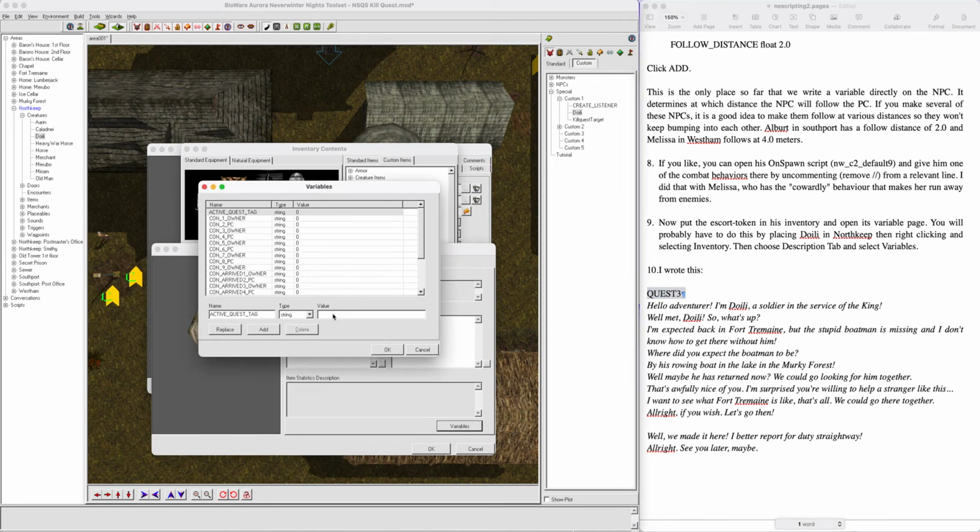Move in here, delete that and paste quest 3 in as its active tag. Next one, I'll delete that just now. So we're on to the first line of the conversation, copying it, pasting it in and replacing it. So this is the initial conversation,